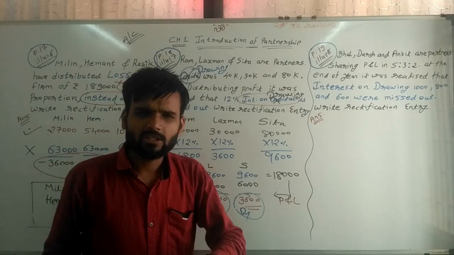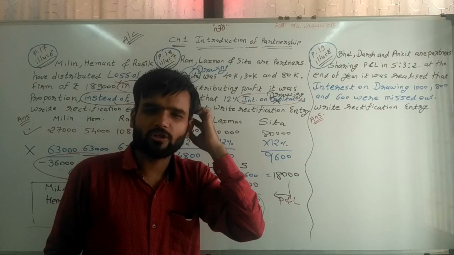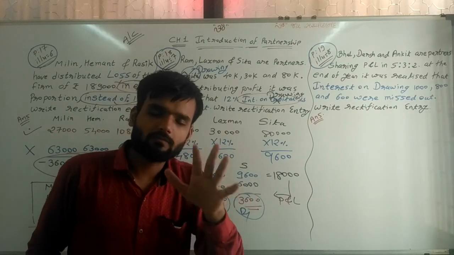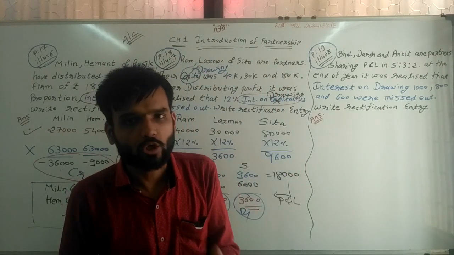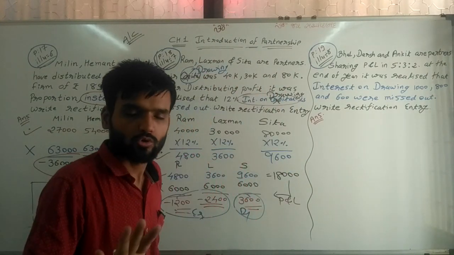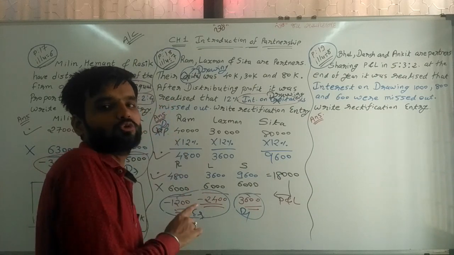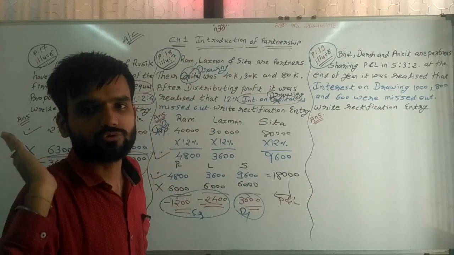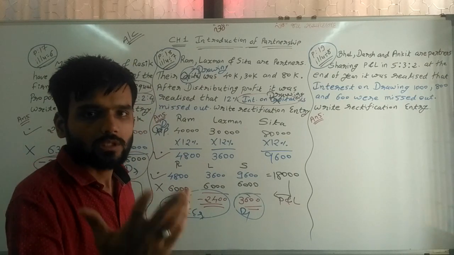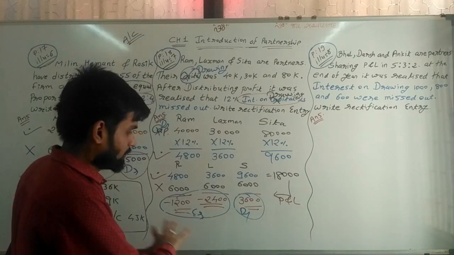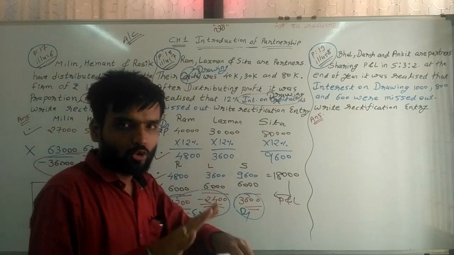Now maybe you have a question, sir, capital account we know, but what is a current account? That we will discuss in the next chapter, not in this chapter, so don't worry about it. Here you need to write capital or current account, because this effect can be given in capital or current. So the second sum is also clear.